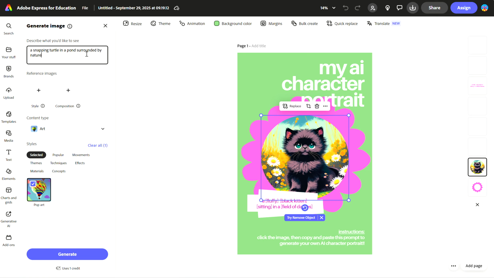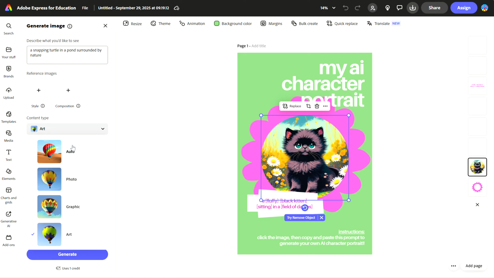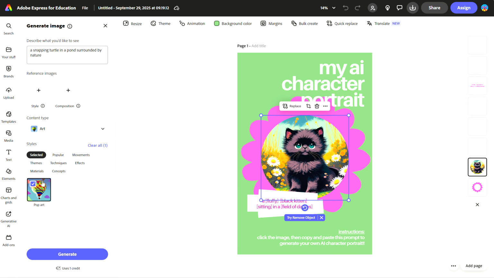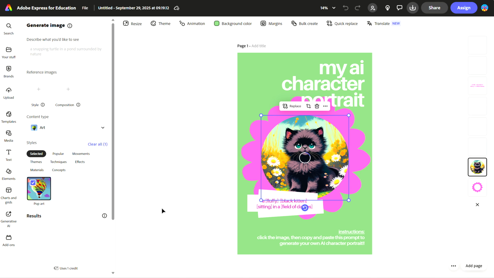It can be just as simple as that. You can add more, you can add less, whatever you like. And then you can change some of the styles if you want. Art, graphic, photo, I'm going to keep it at art. And then you can include some of these different styles if you'd like. But I'm just going to click generate. It might take a minute to generate. Sometimes it's kind of slow,